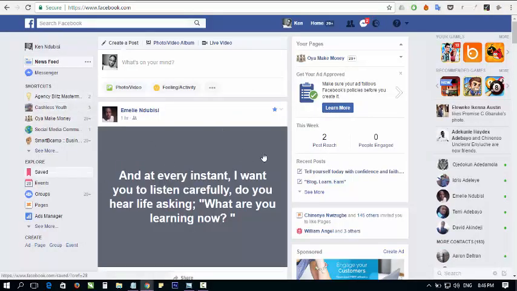Okay, so here is your desktop. This is your feed, your news feed, and I'm sure everybody who uses Facebook is familiar with this. All right, so to create your Facebook page, which is needed to run your ads,